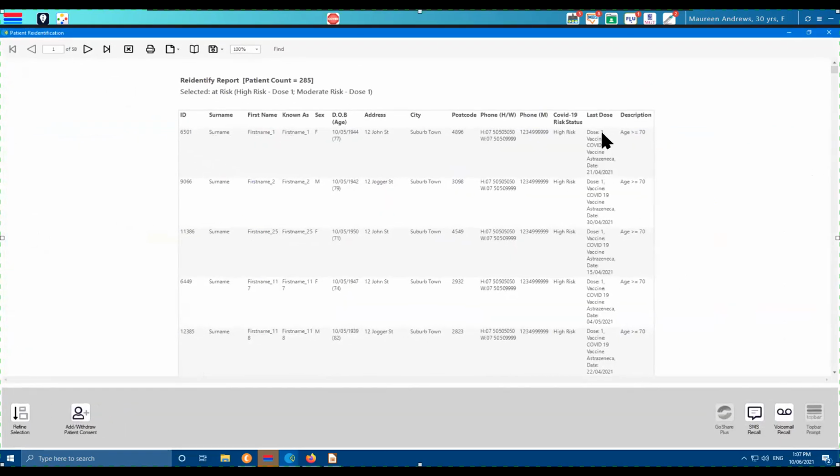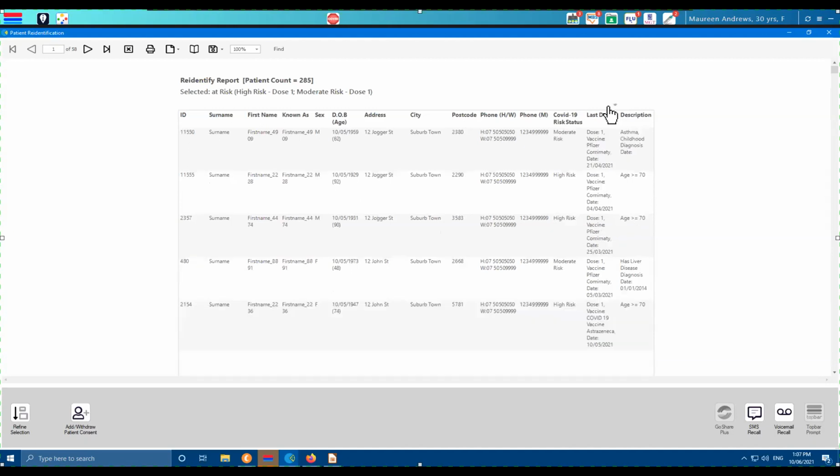So again, it will tell you here the details of the vaccine. They all are on dose 1, we know that, and which vaccine received and what date, if they're in the high risk or moderate risk group, and again, why. So if I sort it by this here, you can see there are some people that have received the Pfizer vaccine. Now, when we designed this report, there was never talk about Pfizer being given at the GPs, which may change. And this was obviously done under a lot of pressure to roll it out as quickly as possible. So I'm sure there'll be some improvements that we could think about.